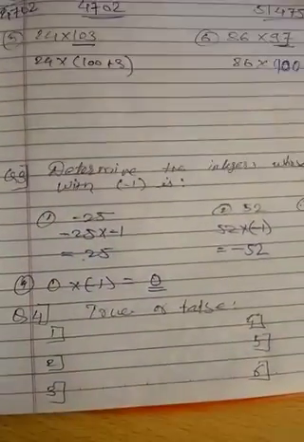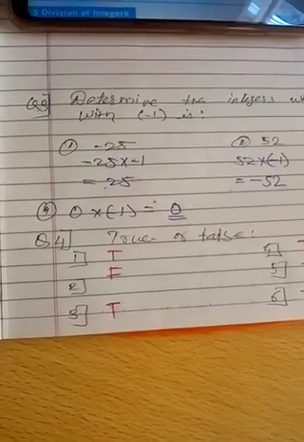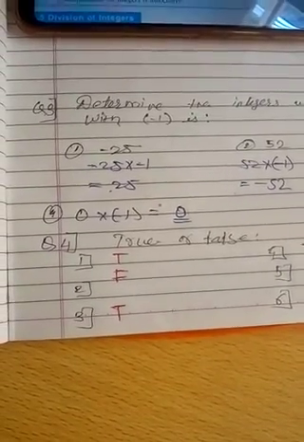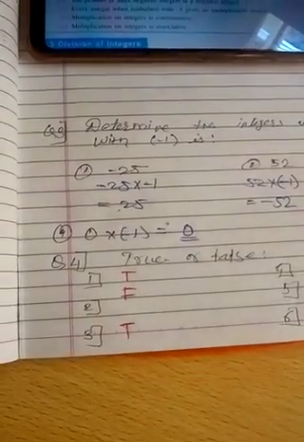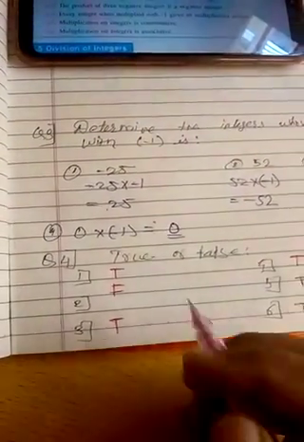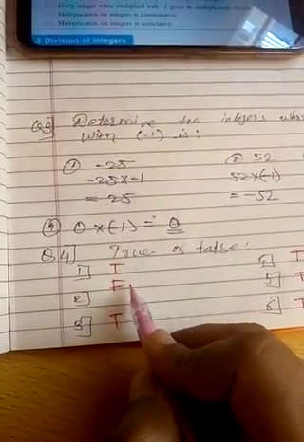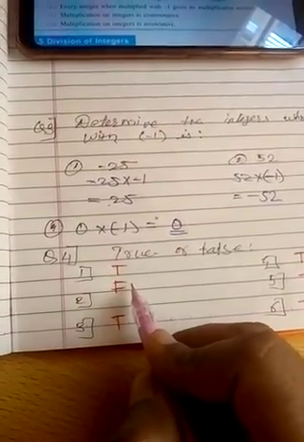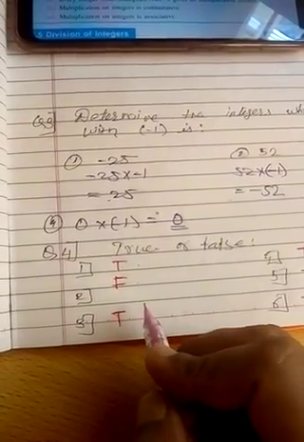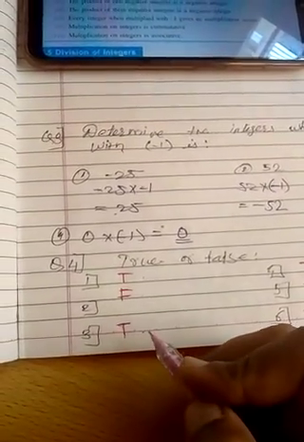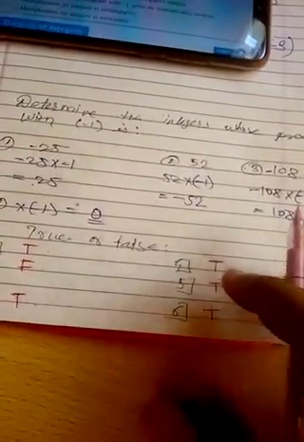Now question number 4, true or false, I will tell you. So students, the first true or false: the product of a positive and a negative integer is negative. The product of a positive and a negative integer is negative, that is true. Second, the product of two negative integers is a negative integer. The product of two negative integers is positive, that's why it is false. Third, the product of three negative integers is a negative integer, that is true, correct. When an odd number of integers are negative, that time a negative answer will come, and 3 is odd.